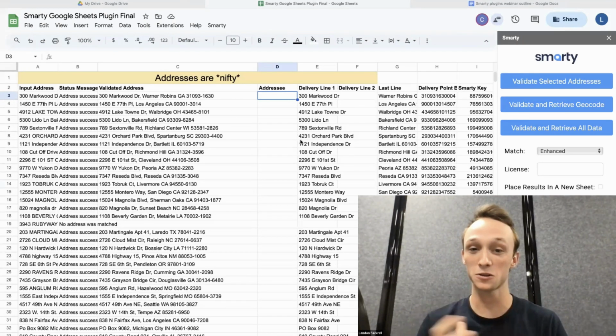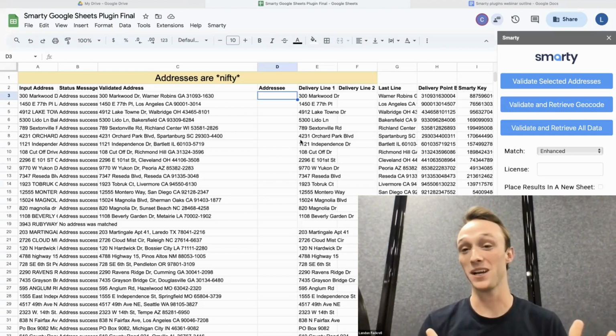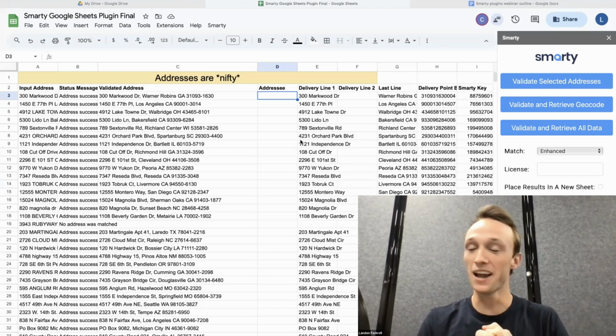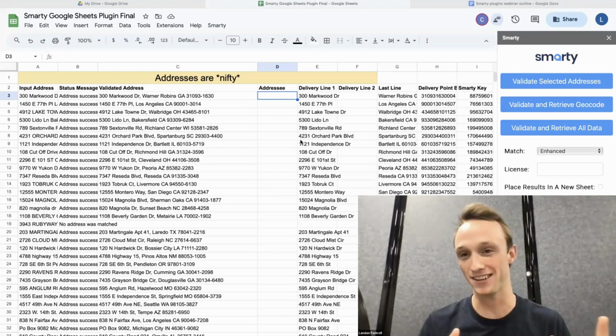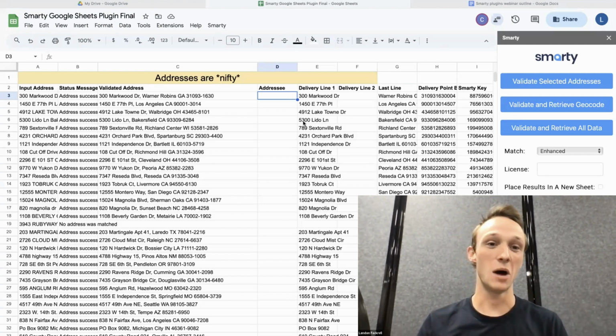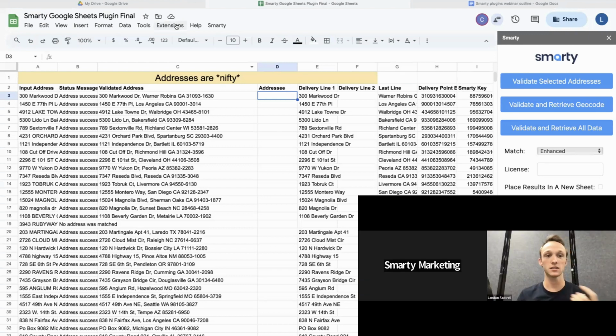So that gives you the power of Google Sheets and the power of Smarty all in one place. So now I know what you're thinking, like, Landon, this is the coolest product I've ever seen. I cannot wait to get my hands on it and to get set up. And so for that, I'm going to show you how to get set up really quickly. All you need to do is go over, and this is,